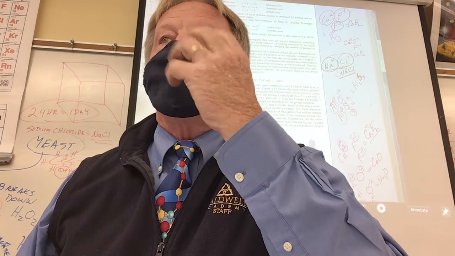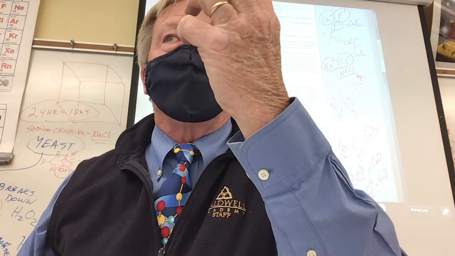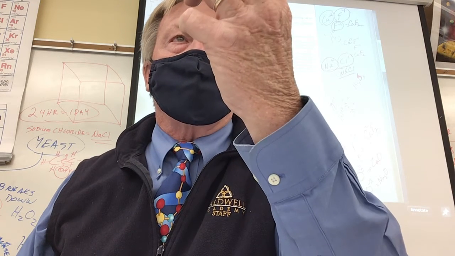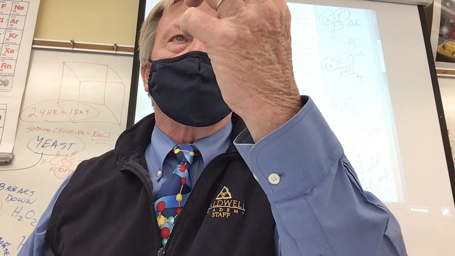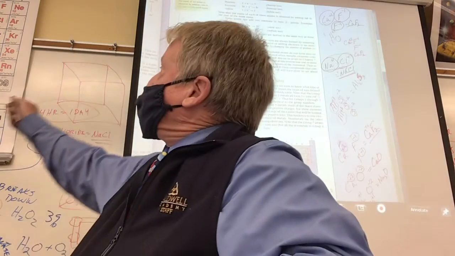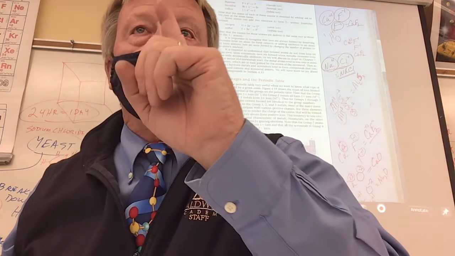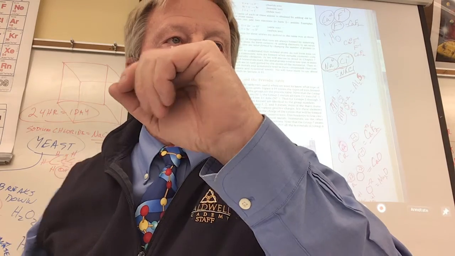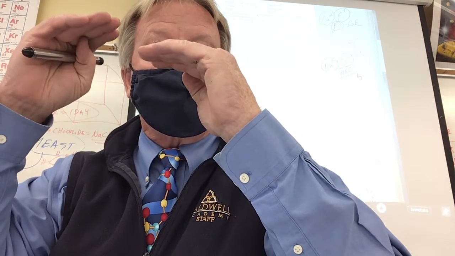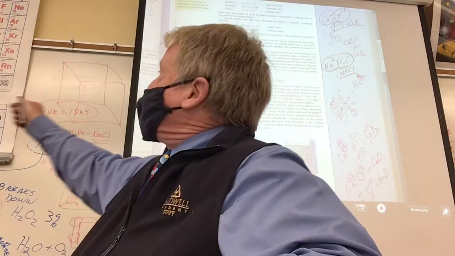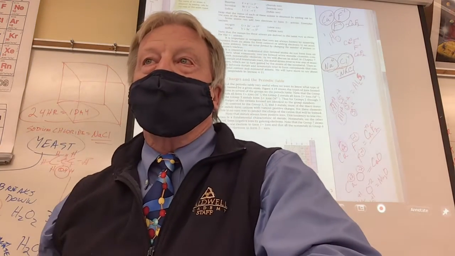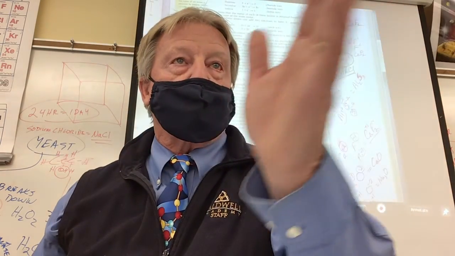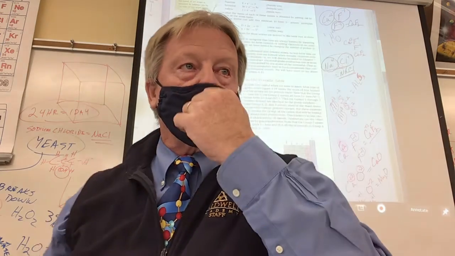You say, what do you think they would tend to do? And elements love to be stable. What if you had 7? How far away from 8 are you? You know what they're going to do? Everybody here, they're going to try to gain 1 electron. Now, when you gain a negative electron, what happens to you? You used to be neutral, and you gained a negative electron. What happens to you? They form -1 ions. All the halogens like to form -1 ions. I'm looking at your faces. Are you with me? All right, let's go to the next one.